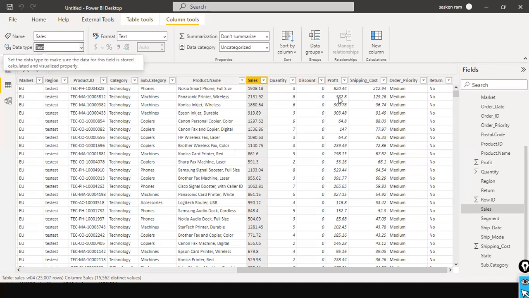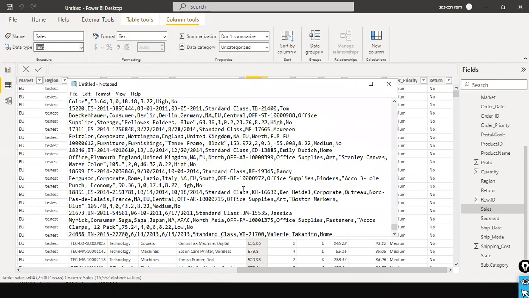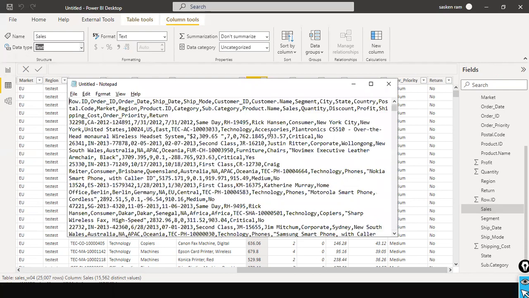The issue is that once you make any changes here, they become permanent. You cannot undo it. Unlike Control Z in a Word document, Excel, or any document. For example, here in Notepad, if I type something,